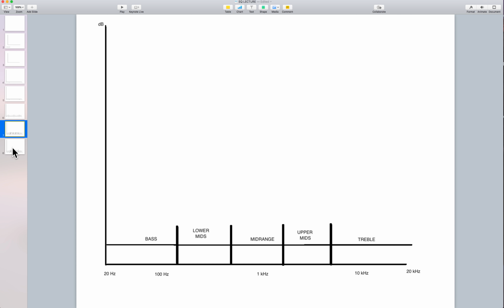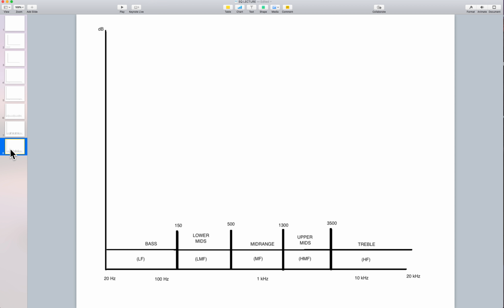And I'm going to give you some numbers. These aren't hard and fast. Every engineer might tell you a slightly different number, and there's no magic number where bass suddenly becomes lower mid-range and lower mid-range becomes mid-range, et cetera. But roughly, and I wouldn't ask you to give me a number that I would count wrong, but roughly,